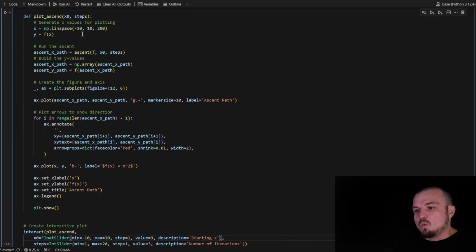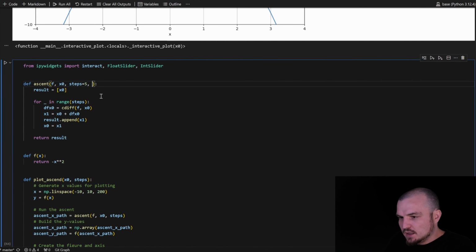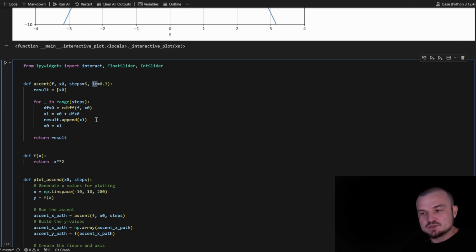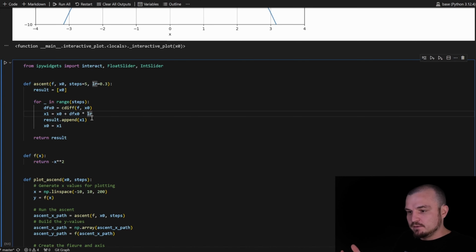Let's add one more parameter and we call it learning rate. By default, let's install 0.3, for example. We will apply this learning rate to the derivative value. Let's multiply this derivative by the learning rate.